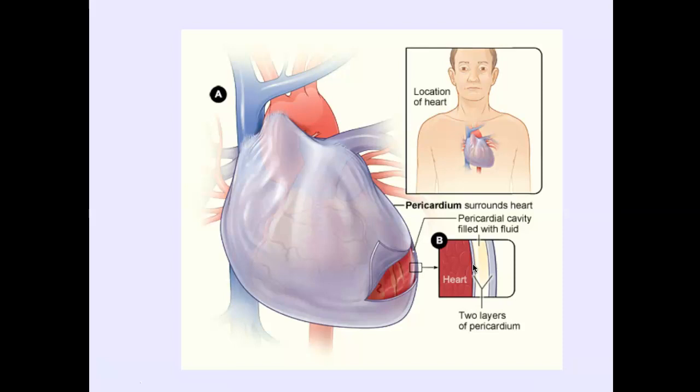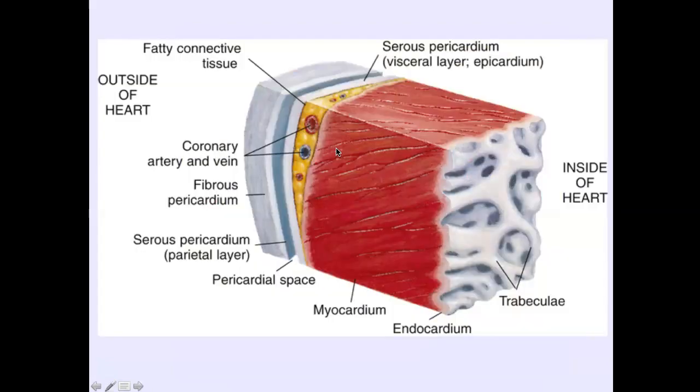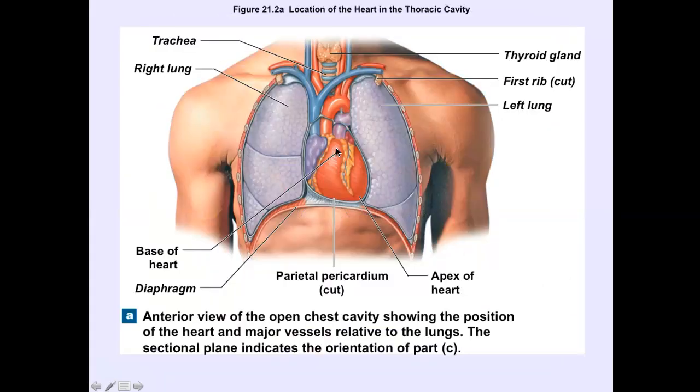So let's take a look, and then the notes go on to say, inferiorly, this fibrous pericardium attaches to the diaphragm, and superiorly attaches to the large vessels of the heart. And you can see that attachment here to the large vessels of the heart. And going back to this picture here, right? So here again are the large vessels of the heart, and then inferiorly that fibrous pericardium is attached to the diaphragm. Okay,